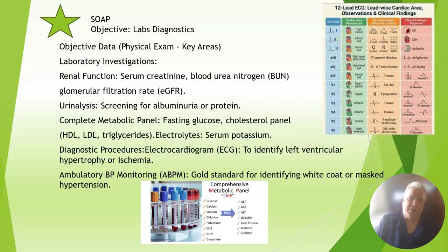And urinalysis, we want to see that the kidneys are not passing through things that they shouldn't be passing through, such as protein, or metabolic panel. We're looking at cholesterol, high density lipids, low density lipids, triglycerides, and we definitely want to see if the sodium potassium pump is working properly in the heart. So we don't want to have too much potassium or too little potassium. Then we're going to be using an ECG or EKG, however it's normally called, an electrocardiogram, and we want to be looking at the left ventricular hypertrophy,